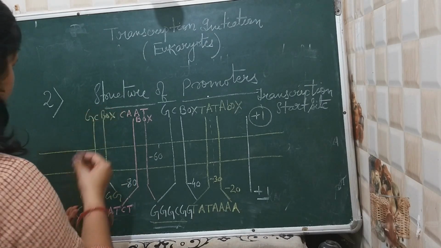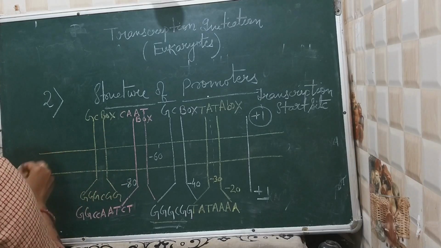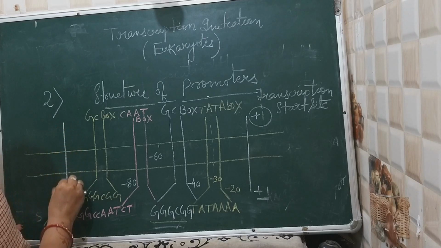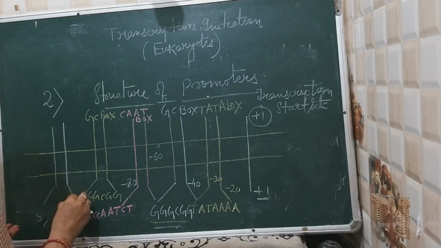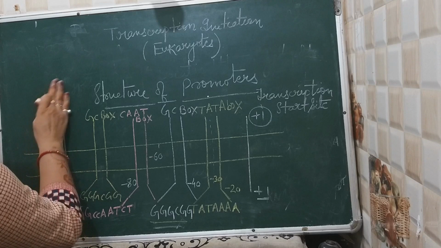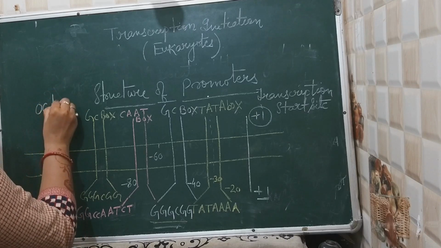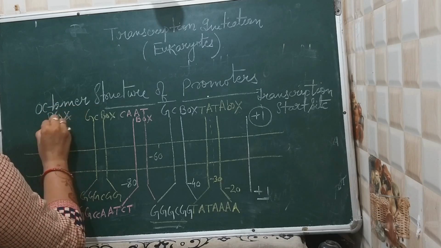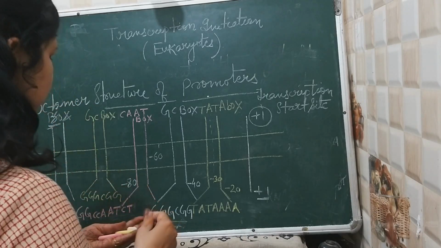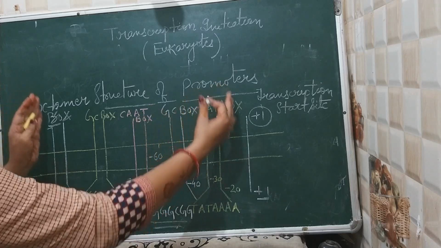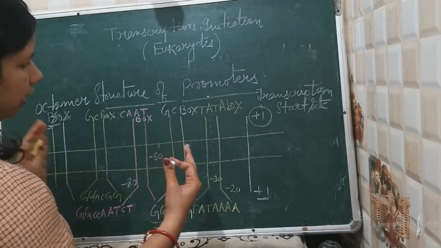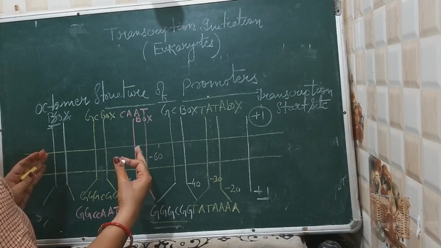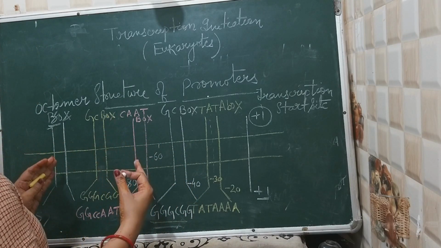Okay. And one more conserved element is there, known as the octamer box. This may be present or this may not be present. So here what I am telling, this is all about the conserved components or conserved elements or modules of